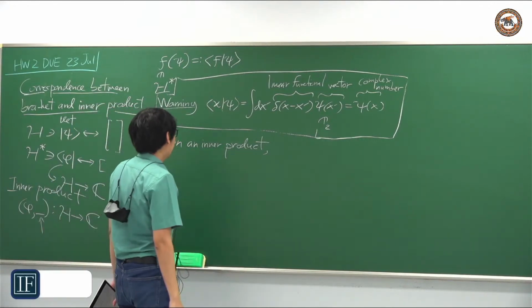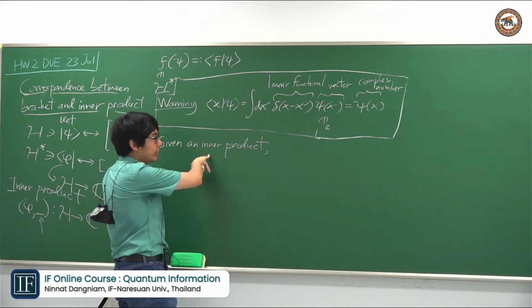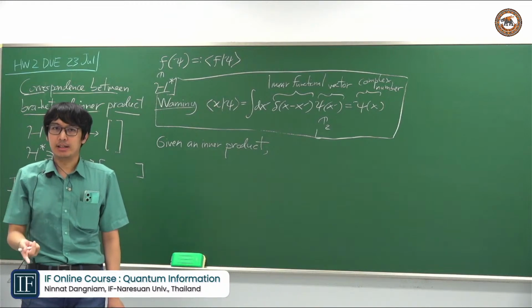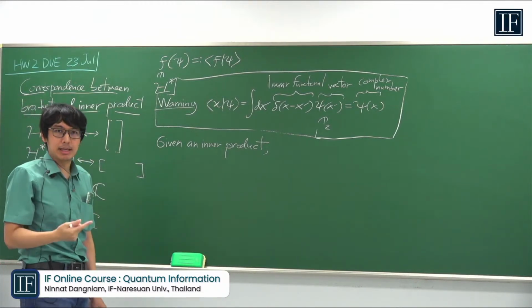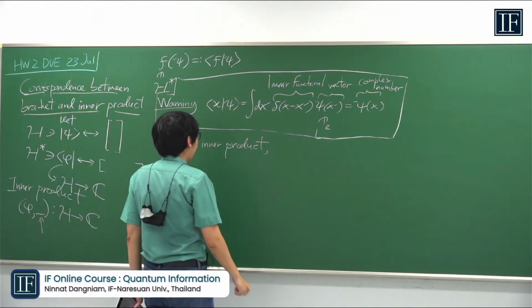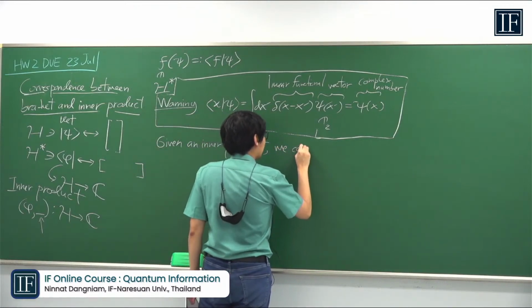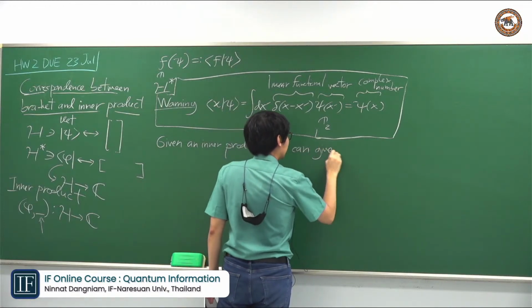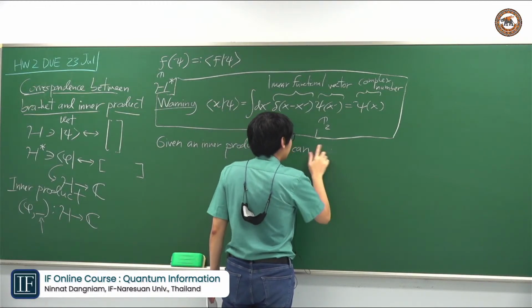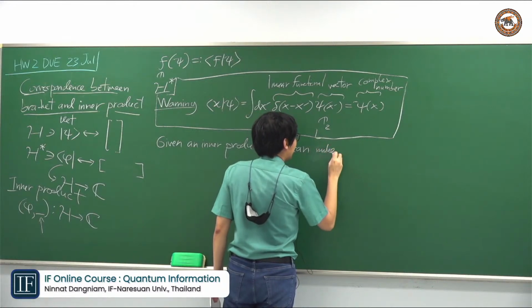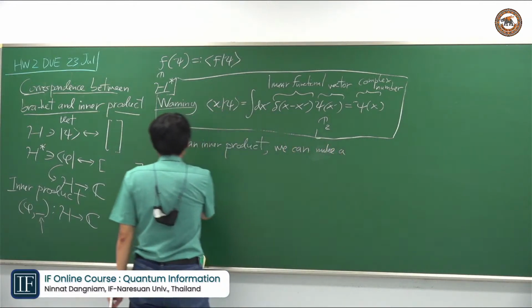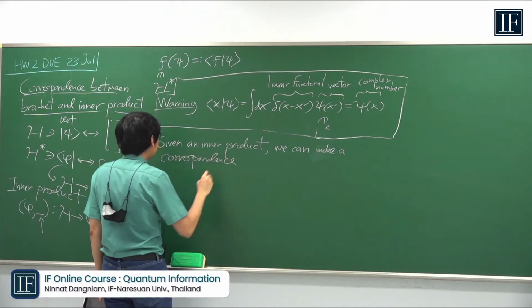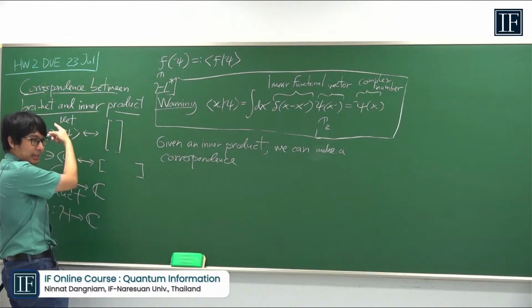So it's important that given an inner product, you can identify a bra and a ket with respect to that inner product. We can make a correspondence between the bracket and the inner product,